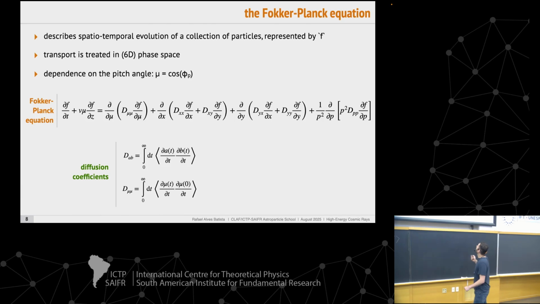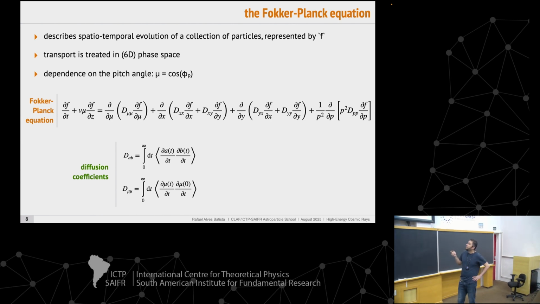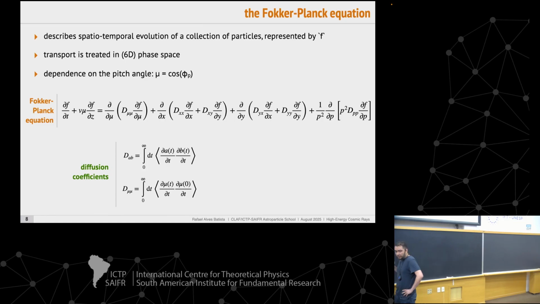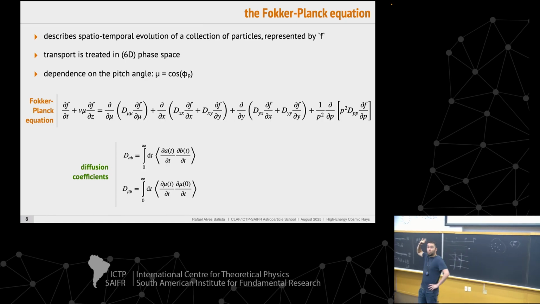And also here, this equation is very important. There are several versions of it. For galactic cosmic rays, we are going to use a version of it that's called the convection diffusion equation, or advection diffusion equation. People working in solar physics use something closely related called the Parker equation, and so on. So this equation, once again, don't worry too much about it, but understand what goes into it,